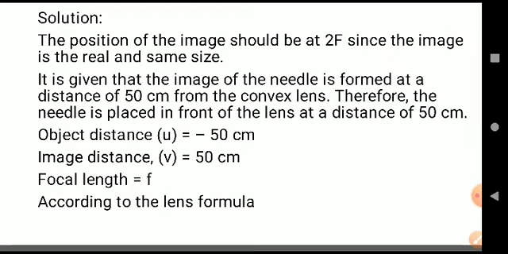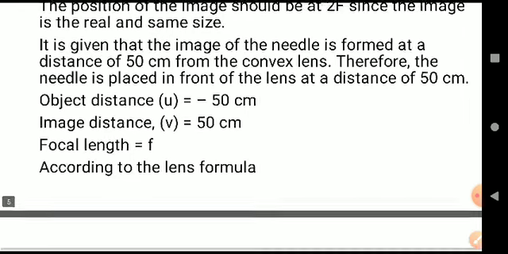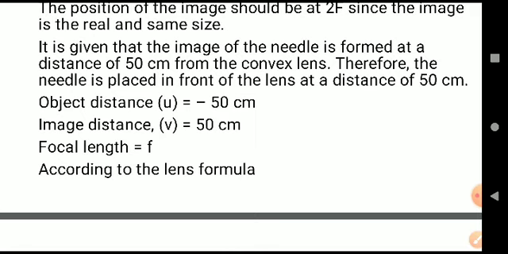For calculating the focal length of the lens, we will use the lens formula. Here we have the values of object distance as minus 50 centimeter, because the object is placed at the left of the lens, image is found at the right of the lens. We are going to be very cautious about the sign here, and we will put the value along with sign. So object distance is minus 50 centimeter, image distance is plus 50 centimeter, focal length we are assuming here as